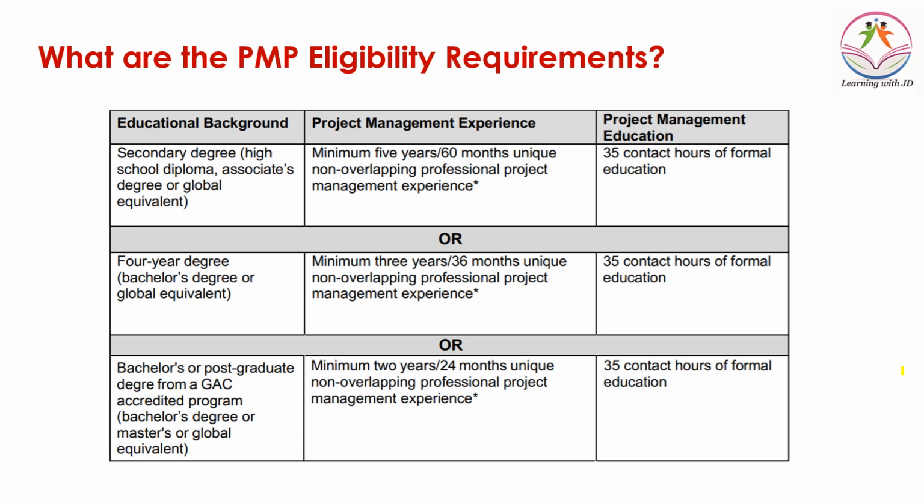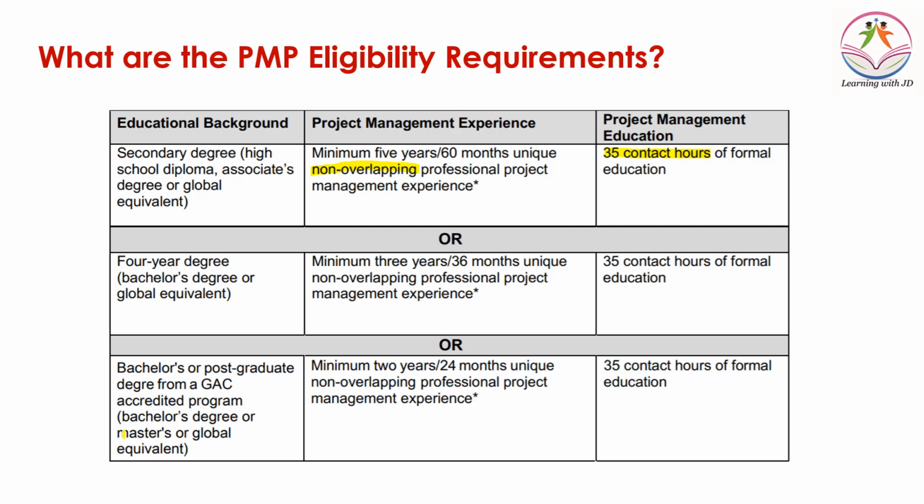So the first criteria for completing your PMP is that you should have a secondary degree, which means that you've completed your grade 12, and your minimum experience is 5 years, that is 60 months of unique, non-overlapping professional project management experience. At least for 60 months you should have had non-overlapping experience. It should not be overlapping, okay? And you would have completed 35 contact hours. That is again mandatory: you should have completed 35 contact hours of formal